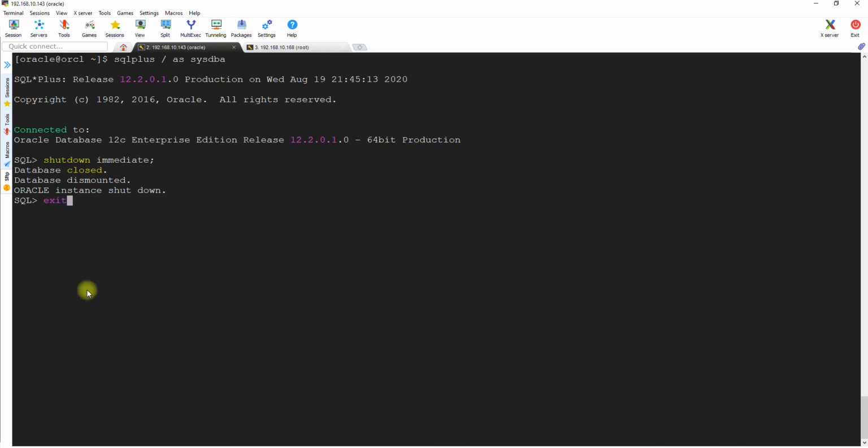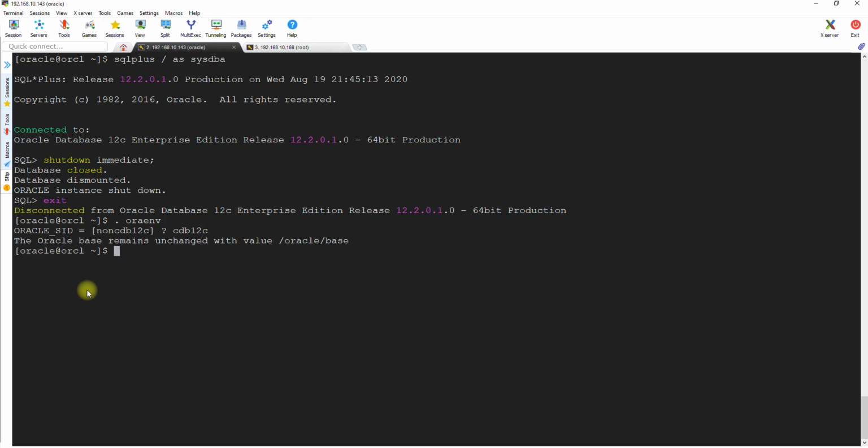Now let's exit out of this and let's connect to the target database, CDB12C. So I'll give you a general idea that because we have generated this XML file, this XML file will be used by the target database, and it will actually validate if this non-CDB database is ready to be migrated or created into pluggable database.